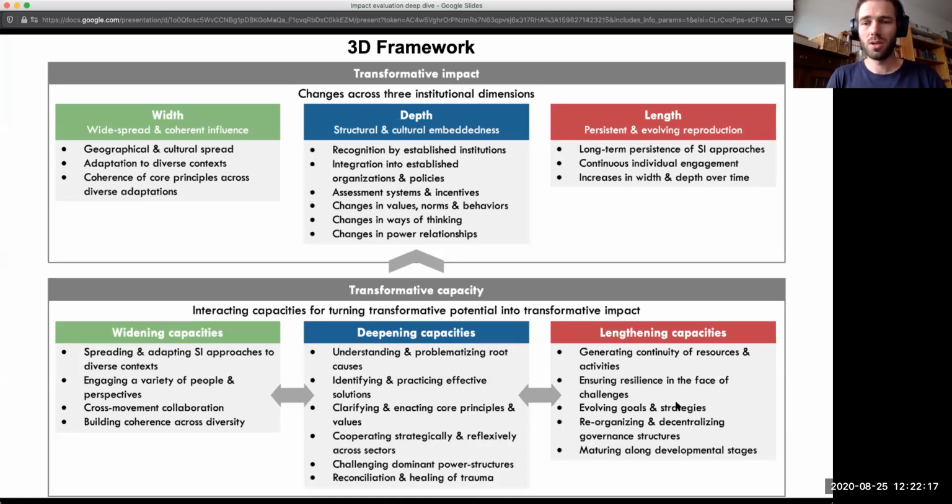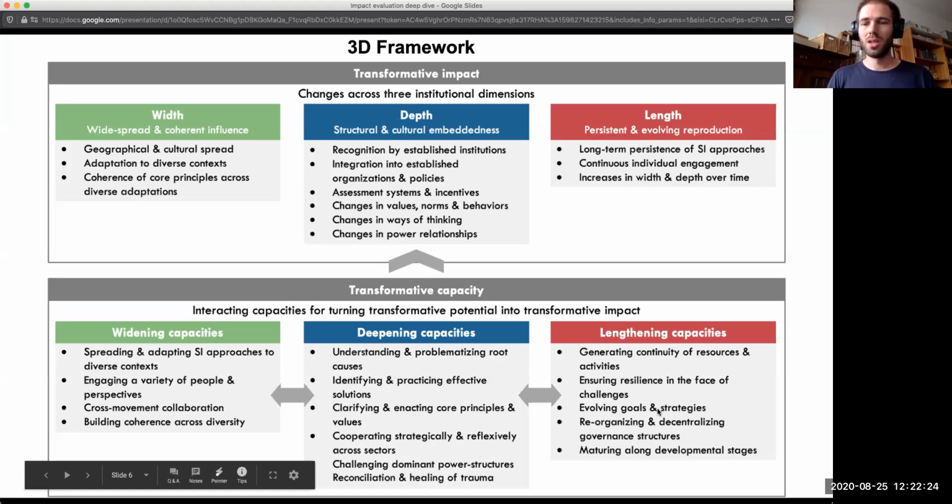That can be COVID and other crises, but also evolving over time and not always having the same strategies and the same arguments.